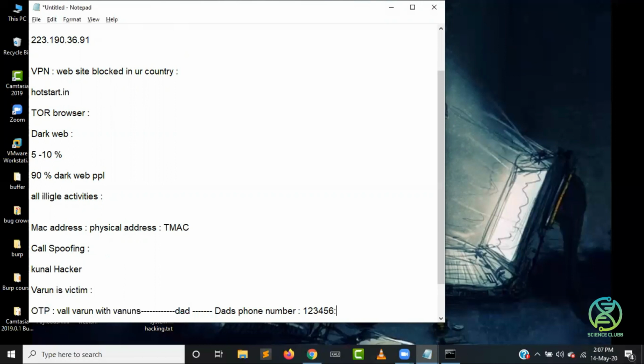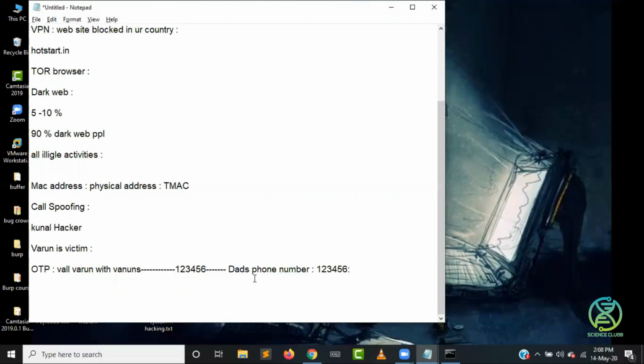Or if he has not saved the number, he remembers the number, then it will show the original phone number. Same. Now when I call Varun, he'll be like, yes, dad, tell me. And then basically what I have to do is modulate my voice in his dad's way, and then I can just take the OTP from him.